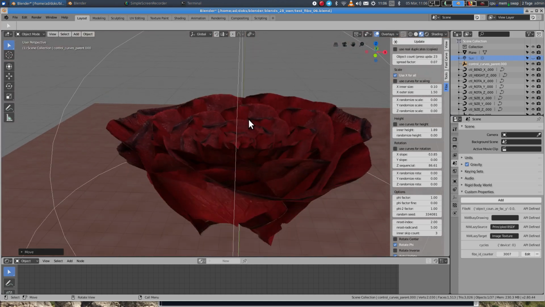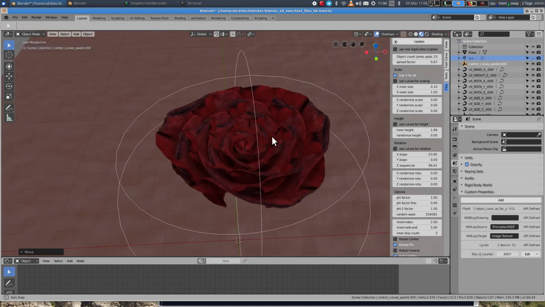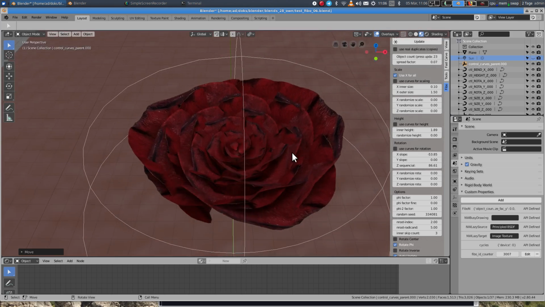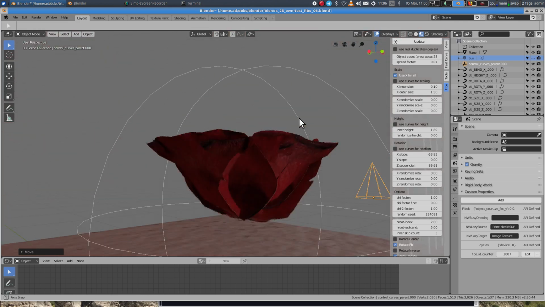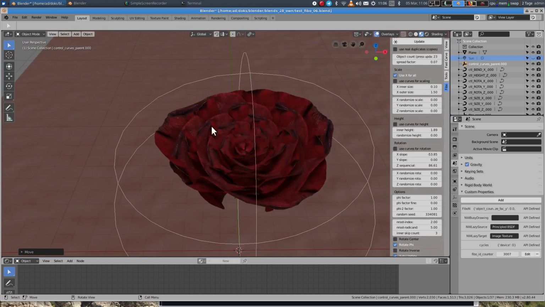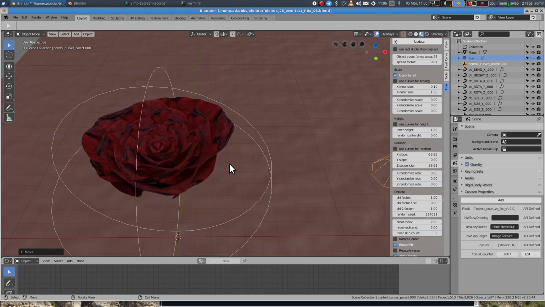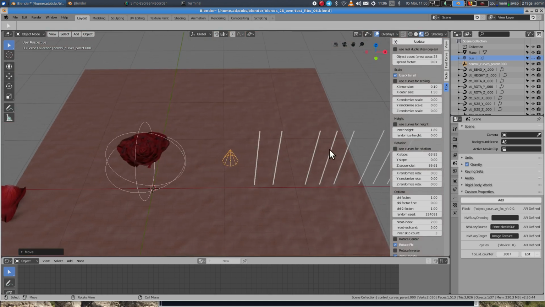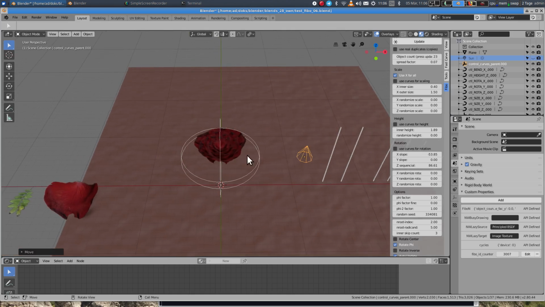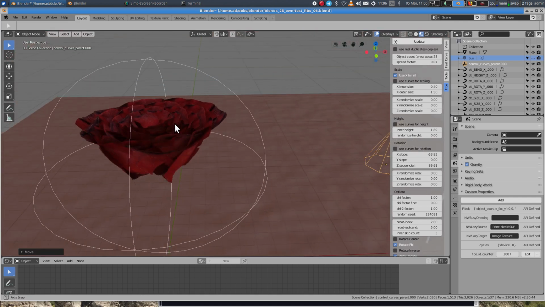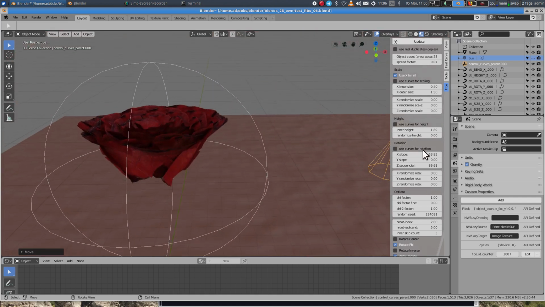and there's our nice leaf rose blossom in very short time and without much editing. And what we can do now is some detail work, like for example, if I want the inner leaves to be larger, I can use the inner size, make them a little bit larger. And if I want,